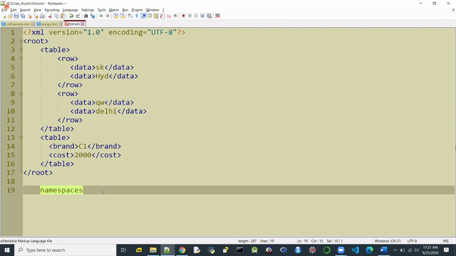So a namespace is a grouping of names in a closed environment. When I'm using the grouping of names in two different namespaces, the same names can be used without any conflict, provided I'm using the namespace concept appropriately. Remember your package names.